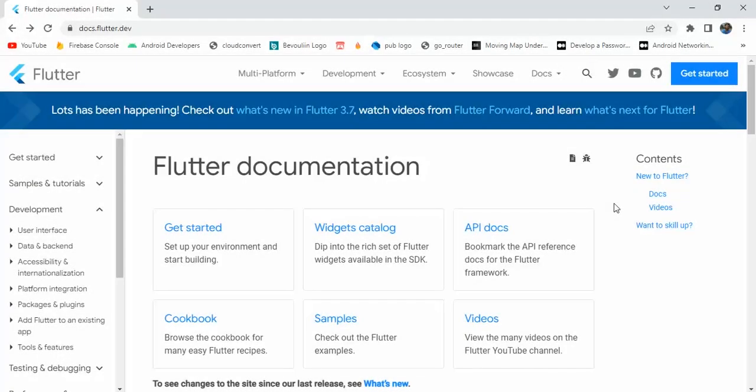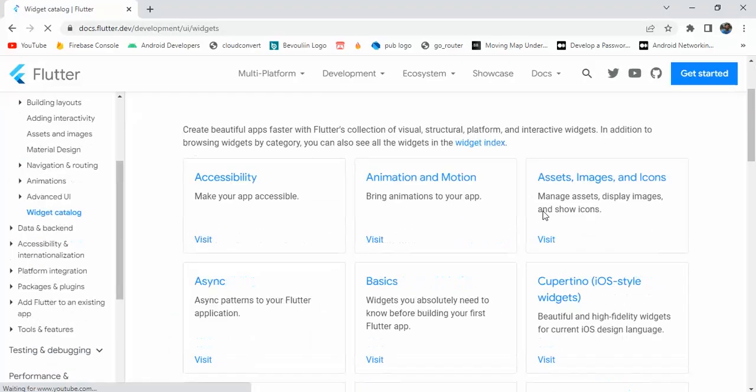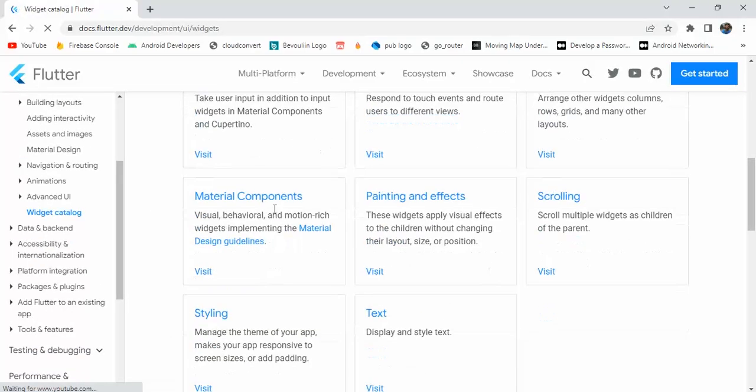Before we create our reservation page with expansion panel list and expansion panel, let's just see the documentations first, and let's learn about how expansion panel list and expansion panel actually works. So you have to go to the widget catalog, and inside the widget catalog we have the material components here,